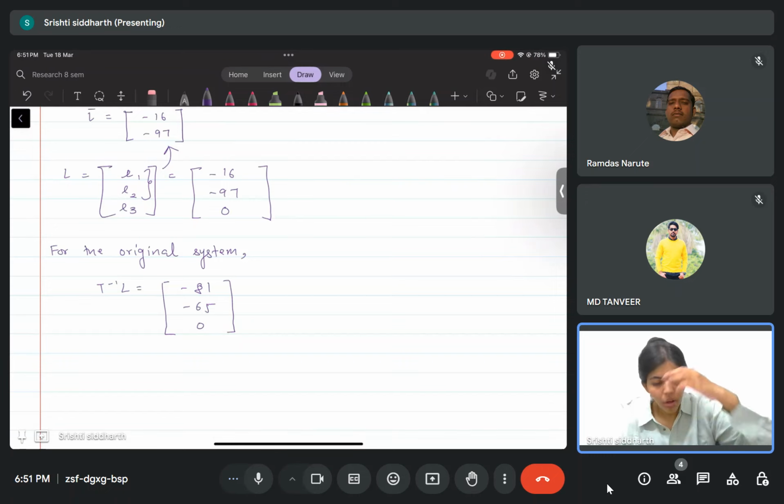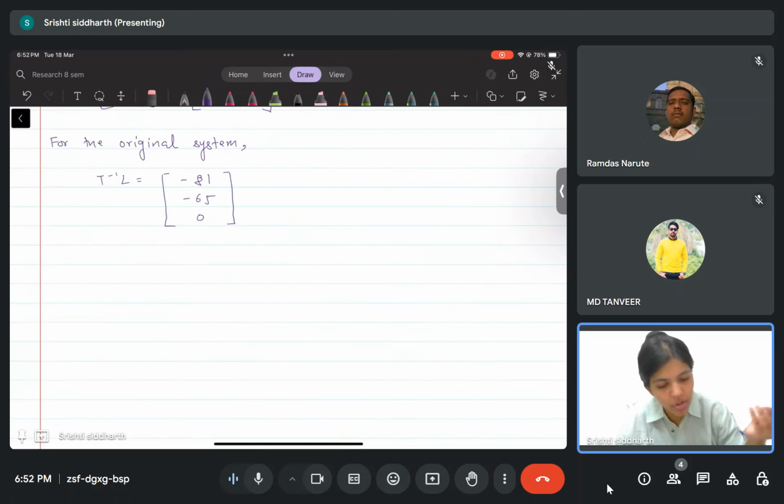So now you should observe that although we have computed the gain matrix for the original system, our job is not done. We still have to verify whether the eigenvalues of A plus LC lie in the left half plane, or whether A plus LC is Hurwitz or not. This is always very important to verify at the end. So A plus LC